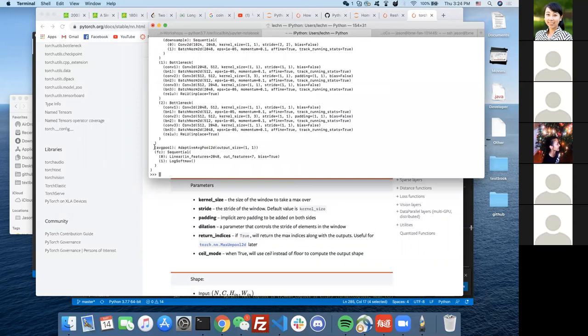So what is it doing? The output of the average pooling layer has 2048 channels. So then the linear layer reduces that to 7, but then at the end we do a log softmax. So what does the log softmax do? It takes the ratio on the denominator. In the numerator you have